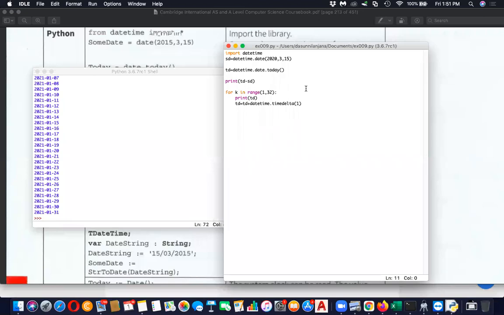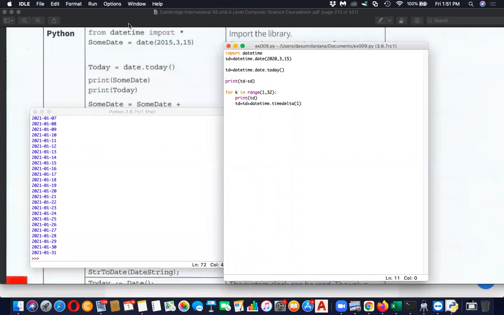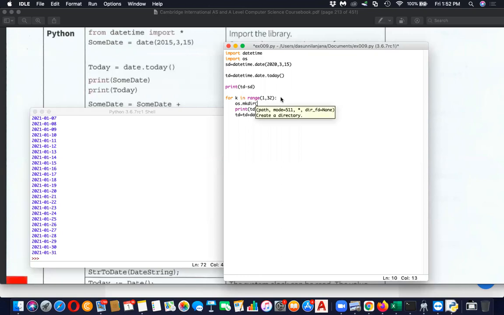So always try for usage. Don't just try the codes in the book. Obviously you can write the same thing, but try to make it meaningful. Something like this: I'm going to import os, the operating system, and I'm asking it to os.mkdir, make a directory, let's say folder name Dasun,